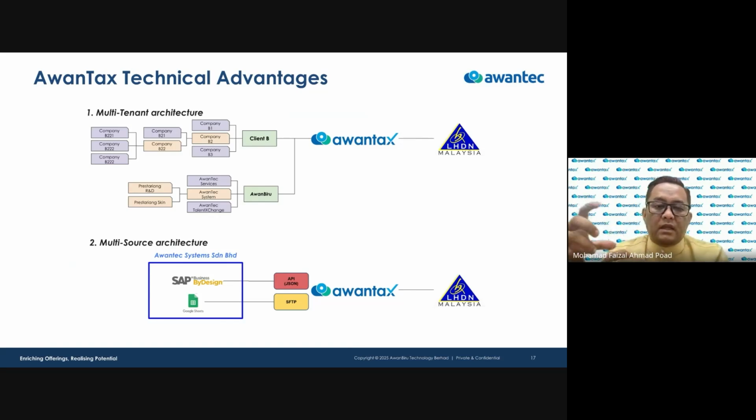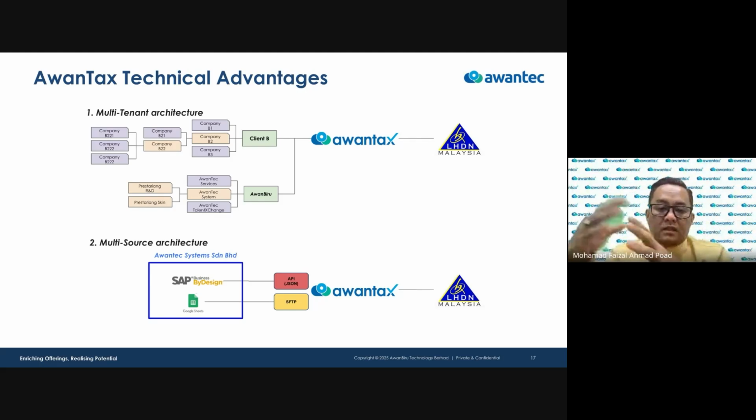So this is more in terms of the technical advantage, the one I shared with you earlier, the multi-tenant architecture. As you can see, for example, you are a holding company with a lot of subsidiaries. You can always monitor up to those you predefine as a child to your organization. Okay, so this is more like a bird's-eye view. I believe a lot of holding companies love to use this, and even on the education side, for example, if you have a rental room and so on, that will be part of your subsidiaries that you want to monitor.